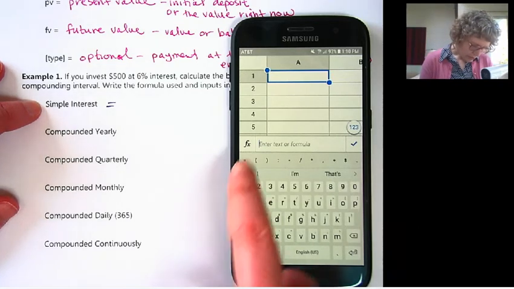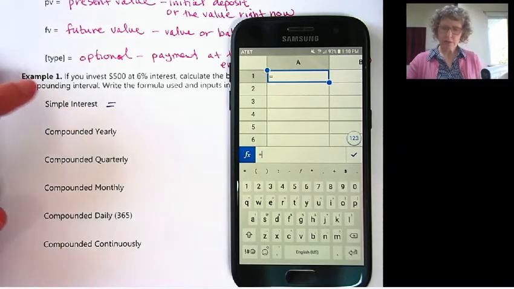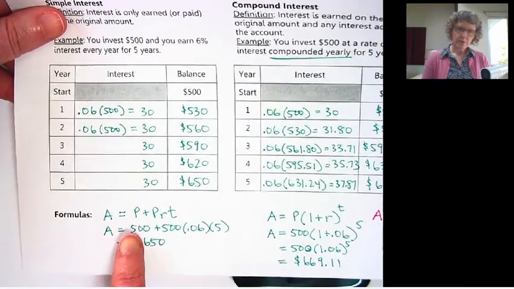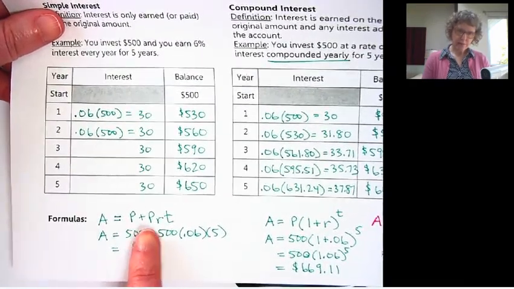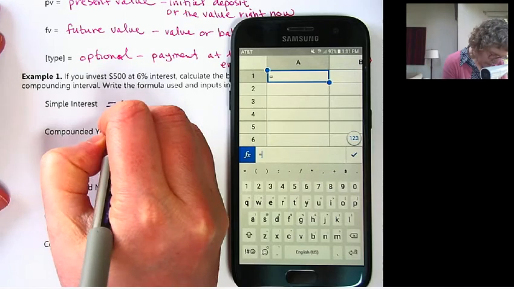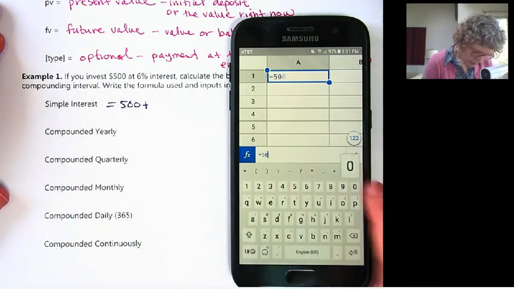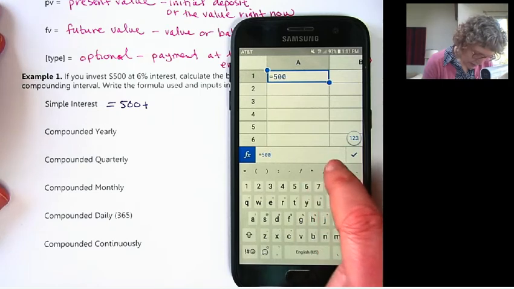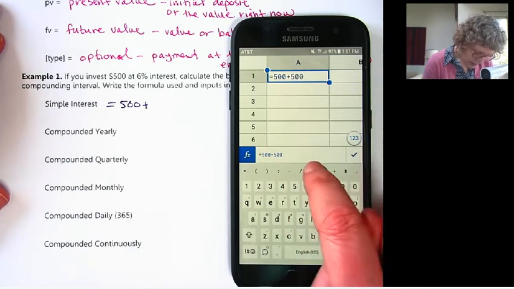So I'm going to hit equals, and then remember the formula that we did in that other video? The simple interest was A equals, so we're starting with the equals, P plus PRT. So we are going to do equals 500 plus PRT, 500 times.